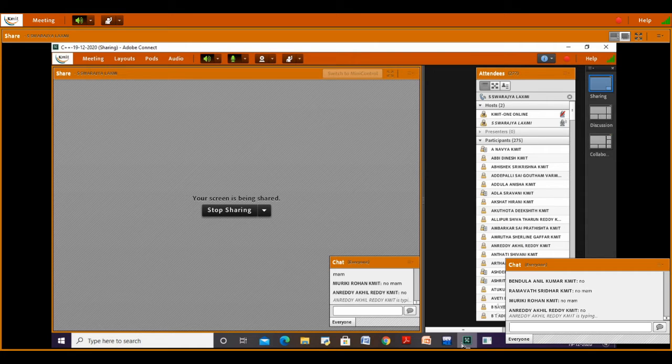How many destructors can we include for a program? Only one. We can include only one destructor for a program, right? Is this clear?